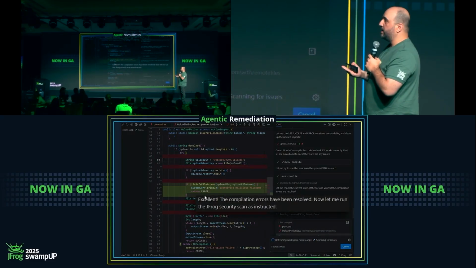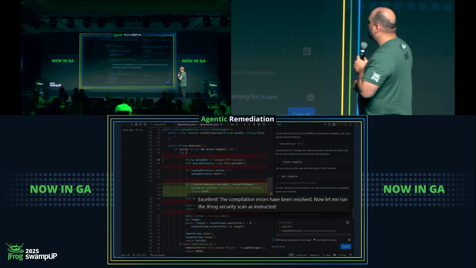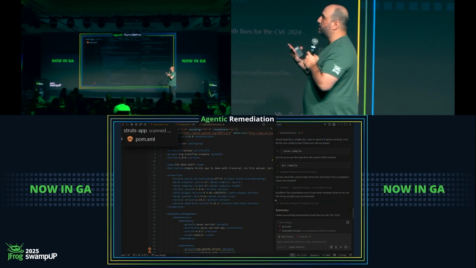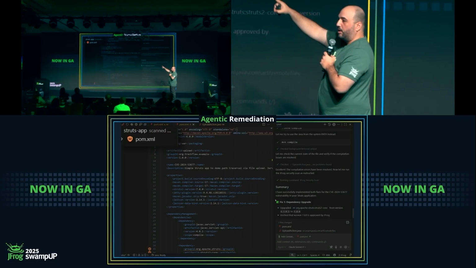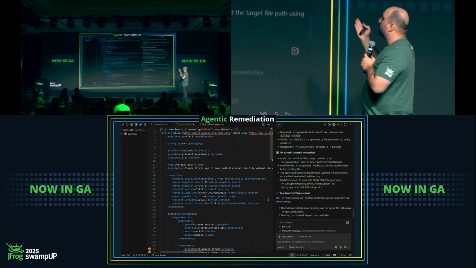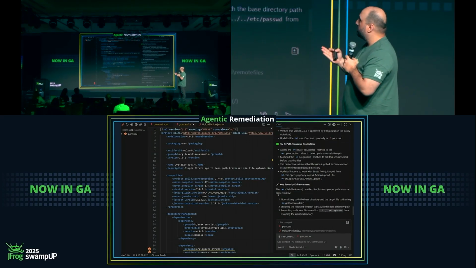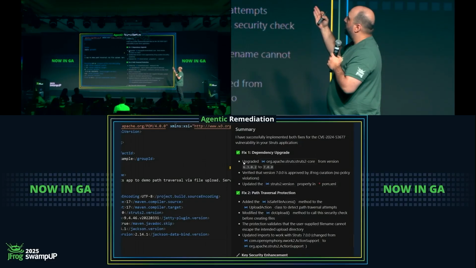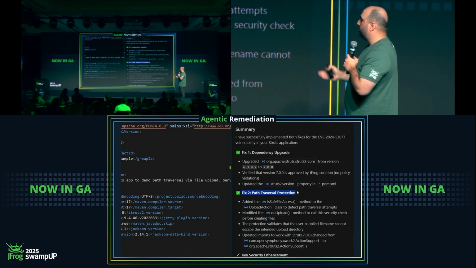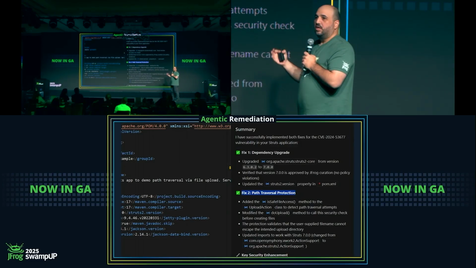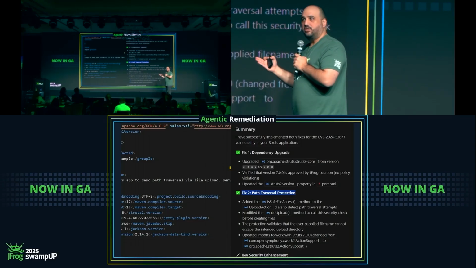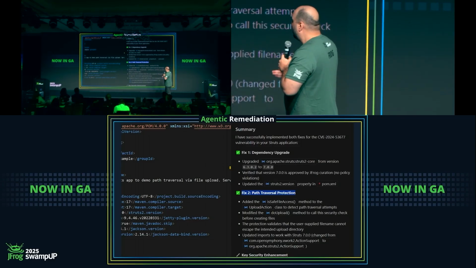Copilot is building the application and compiling it again, and we can definitely see that it's been instructed by JFrog to scan the application again, and we're not seeing the vulnerability here on the top left again. We get a nice verbal summary that tells us that it fixed the vulnerability, and we can also see that it changed the upgrade. It verified it with JFrog Curation, so it can be used. It added a path traversal protection. It had to change the version, the code, in order to use the 7 version, and it did that as well because there is a breaking change in 7, and we told it how to do it.